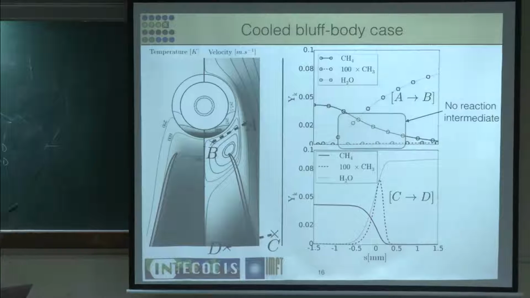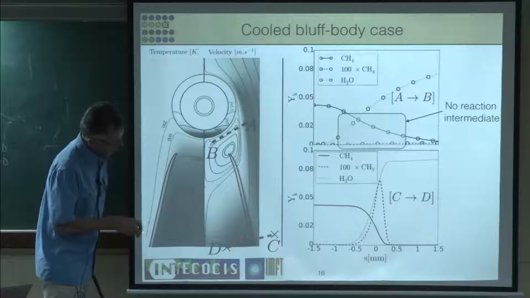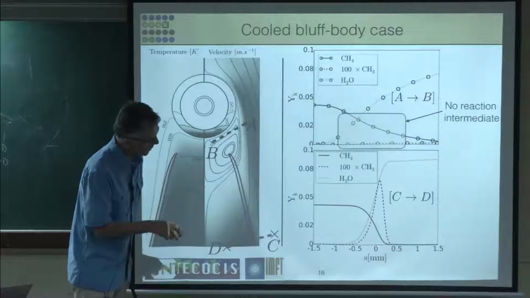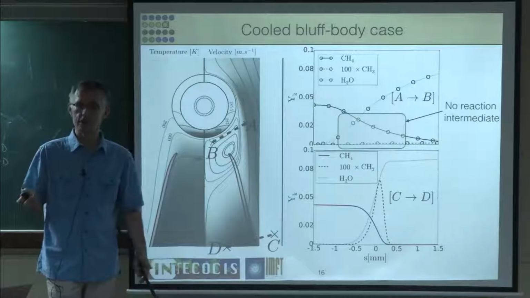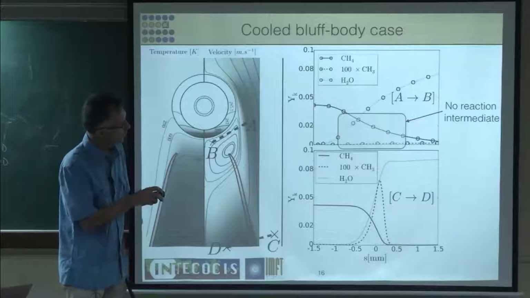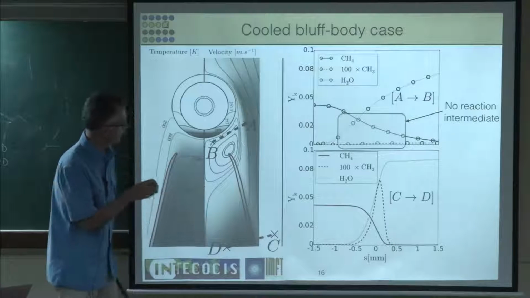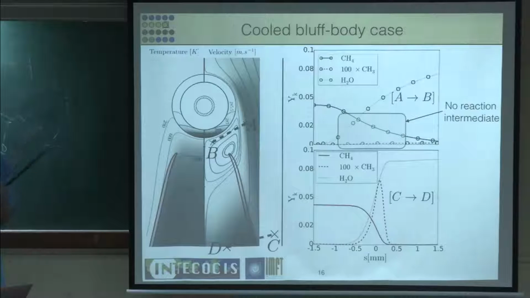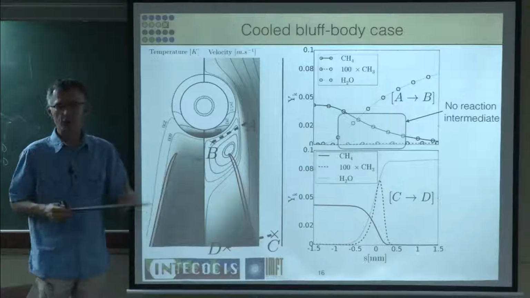You can do cuts in the flow like this. You can look at a cut here and at a cut here. If you make a cut here on the CD line and you look at the fuel mass fraction, temperature, heat release, you recognize your classical premix flame. Okay? But if you do the same thing here, well, here fuel is only diffusing and temperature is only diffusing and there is no reaction rate. This flame is quenched. So there are premixed gases, but these premixed gases are too close to the cold zone, so they cannot burn. So it's a quenched flame.